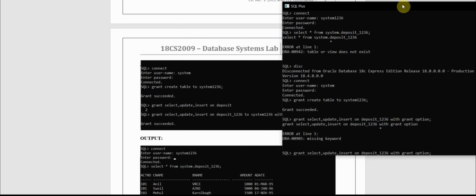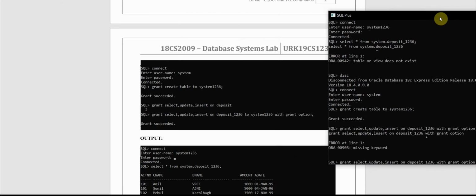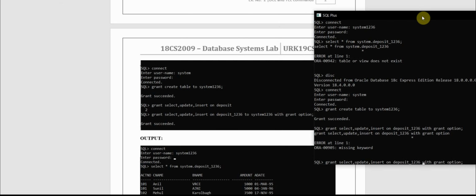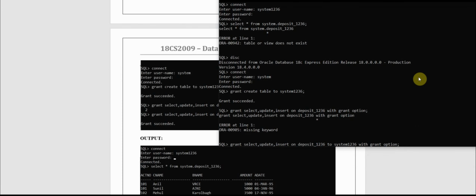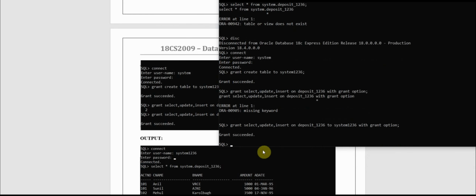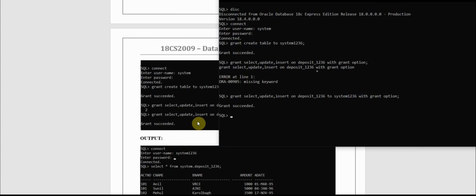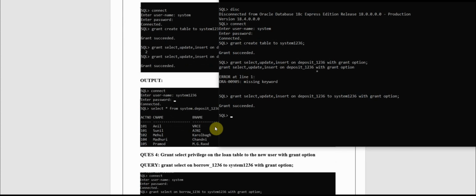Yeah, we missed a keyword here. After deposit, we need to say to which user we are granting permission, to system1236. Okay, now it will work. Okay, so granted successfully. Now the new user can access the deposit table.